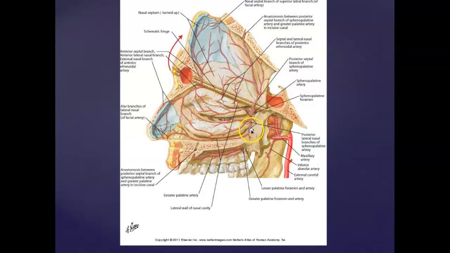And then down here through that canal, it will also give the greater and lesser palatine arteries, which supply the hard and soft palate, respectively. Remember that some of the septum, and part of the lateral conchal wall here, is supplied by the anterior and posterior ethmoidal arteries. And remember that those are off of the ophthalmic artery, which comes off of the internal carotid. So the carotid artery really supplies all of this stuff, ultimately through either the internal carotid or the external carotid. Okay, let's look at that